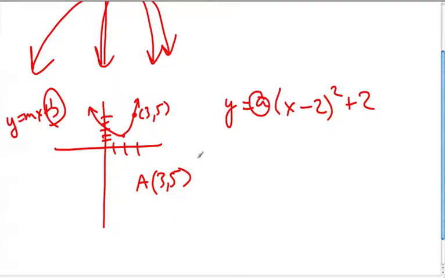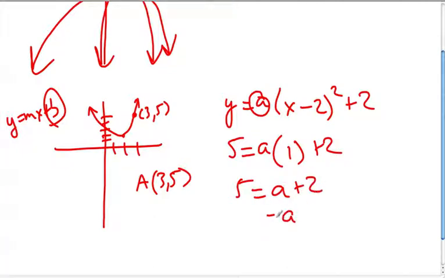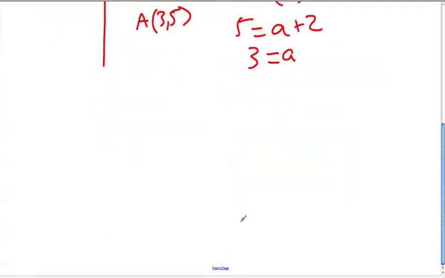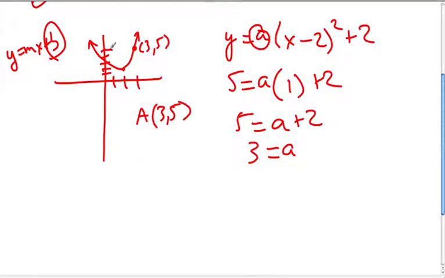So what we're going to do now is put in this point and put it back into our equation. It's going to become 5 equals a, which is the variable we're solving for, times 3 minus 2, which is 1. 1 squared is 1, so it's going to leave 1 there, plus 2. So this becomes very easy: 5 equals a plus 2, so a becomes 3. So all we have to do now is note that the equation for our parabola, given the vertex 2, 2, is y equals 3 times x minus 2 squared